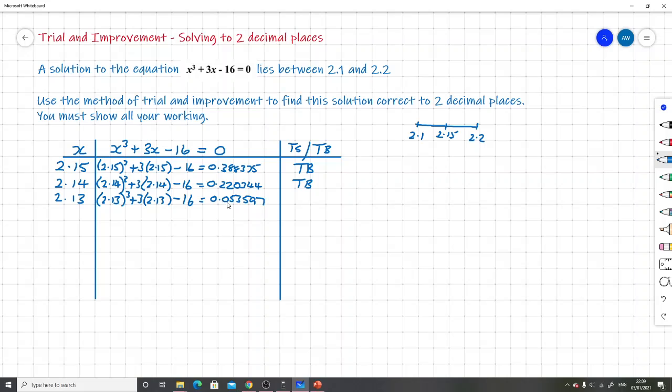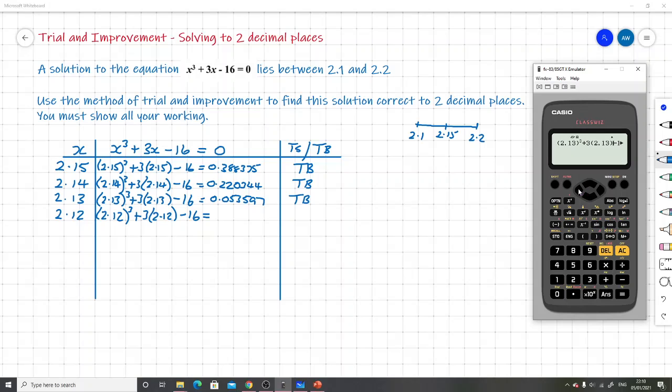0.053597. Very close to 0, but still bigger than 0, so we still say too big. But we're getting very close now. I think we're almost there. Let's try 2.12. That's the next one down, because we've got to try a smaller value of x because our answer was too big. So 2.12 cubed plus 3 brackets 2.12, take away 16 equals,